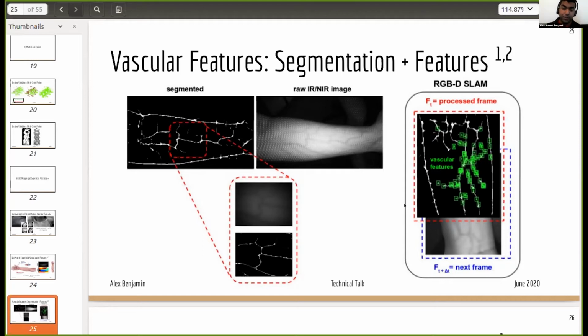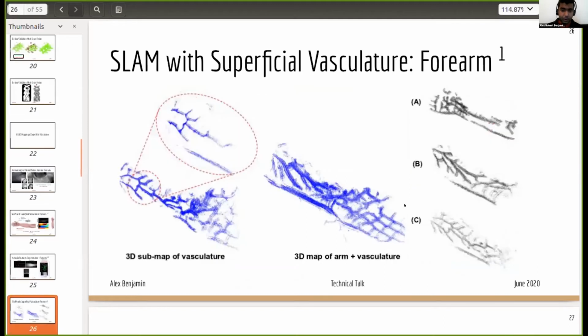So our proposed fix to the issue of patient motion is, rather than localizing the probe relative to the environment, we'll just localize the probe relative to the patient itself. So if the patient moves, the landmarks move, and the localization algorithm realizes that the probe really did not move. And as a first demonstration, we were able to show that during the scanning process, we can create 3-dimensional maps of the superficial vasculature and also localize the ultrasound probe relative